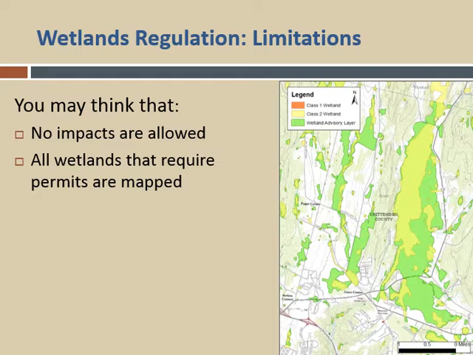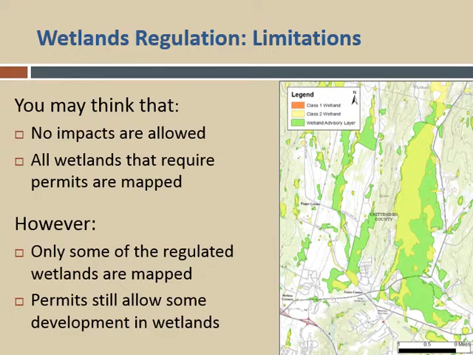So there are limitations to the wetland regulations. You may think that no impacts to wetlands are allowed and all wetlands that require permits are mapped. However, not all Class 2 wetlands are mapped. Smaller wetlands that likely qualify as a Class 2 wetland, like vernal pools or forested wetlands, are not typically on the state wetland maps. In other words, according to DEC, the Department of Environmental Conservation,